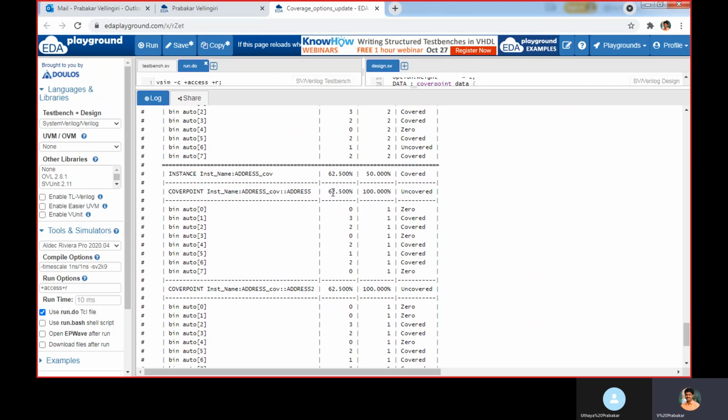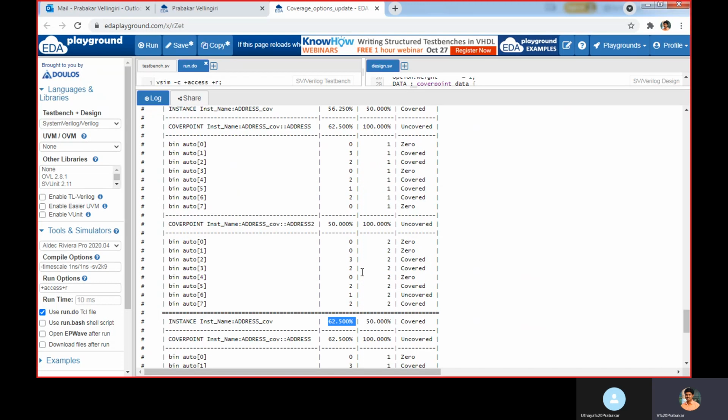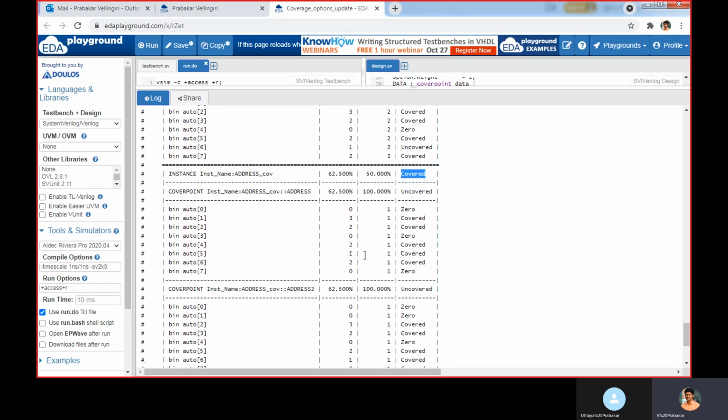And here 62.5 plus 62.5 divided by 2, you will get 62.5. This is for my cover 2. For each instance we have set the coverage goal to 50, so it is covered here. For the second instance also it is covered.